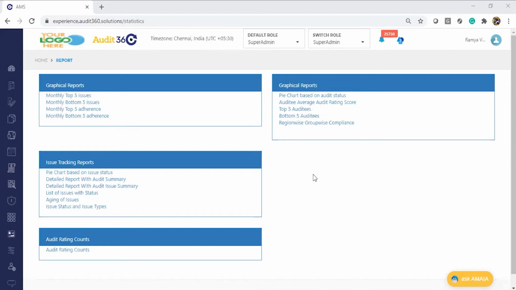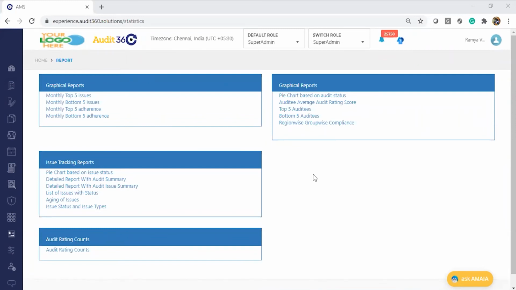Once the audit has been executed by the auditor and finalized, basis the audit observations tagged as issues, the same checkpoint or issue that has been repeated multiple times is considered a top 5 issue.